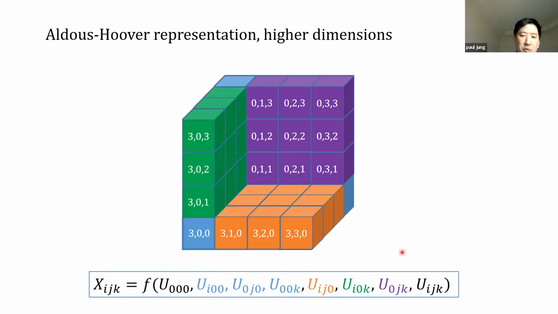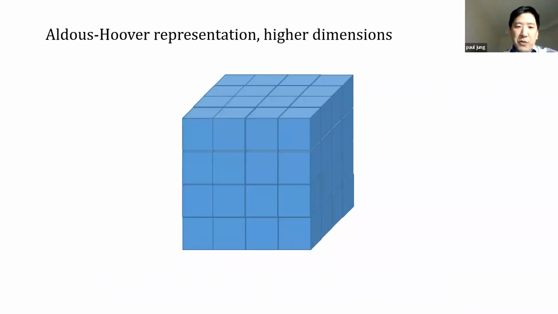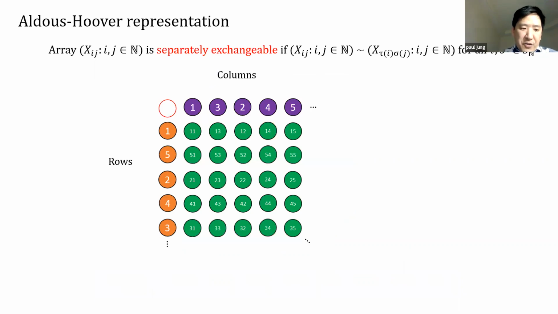What the Aldous-Hoover representation would be? And now let me say one more thing, which is that actually in the Aldous-Hoover representation, we are actually restricting the types of permutations. So we are not allowing any permutation. So for instance, we can't take this random variable and then move it there, and then move it there, and this, and then say do some sort of cycle like that. Well, certainly we could do this if we want to, but we wouldn't have that the joint distribution remains invariant under this type of permutation.